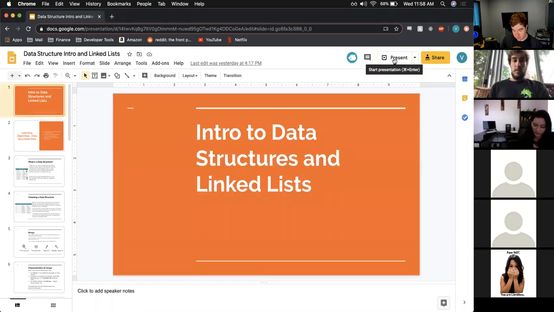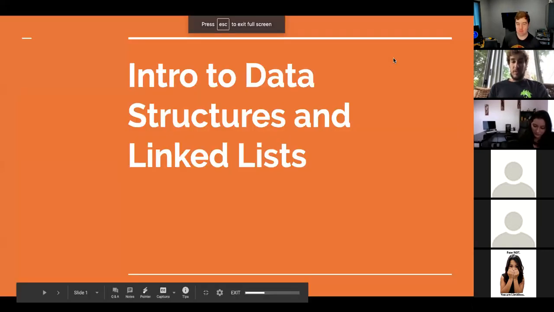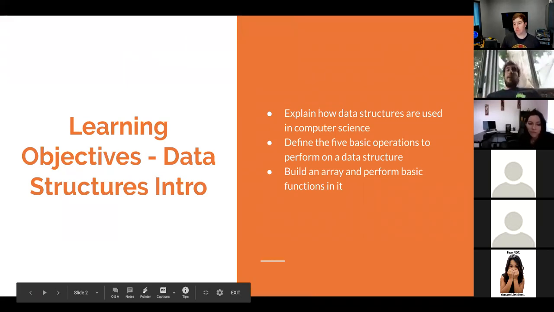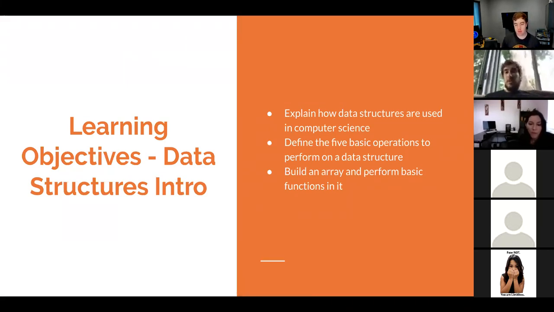Like I said, we know most of this stuff already. It's pretty simple since it's the first two parts. But yeah, the first module is just intro to data structures. So we're going to explain how data structures are used, define the five basic operations, and build an array to